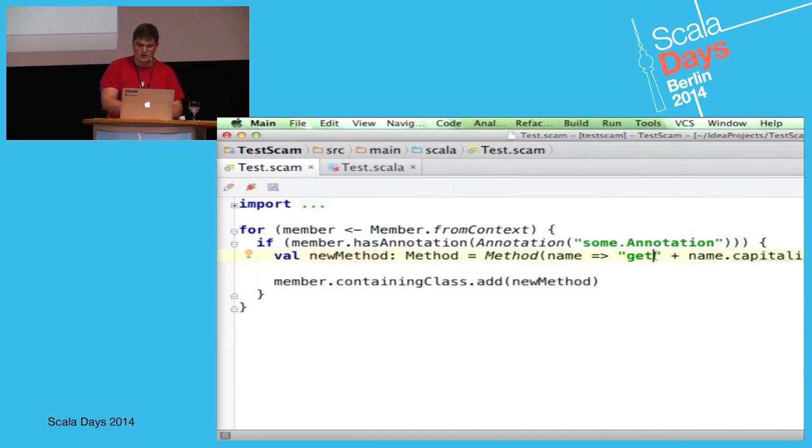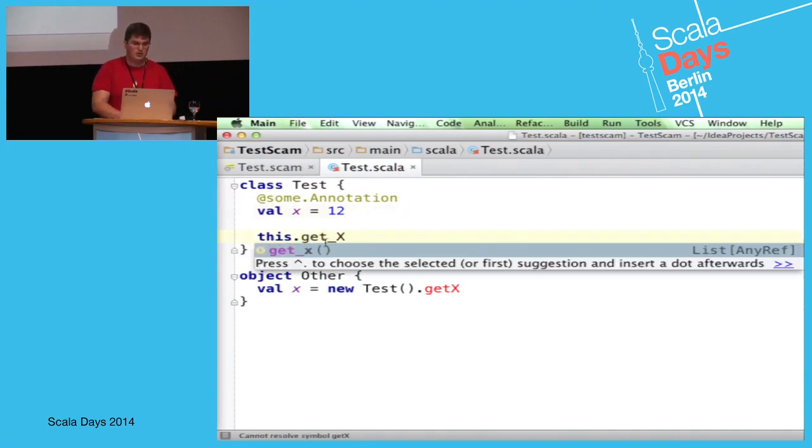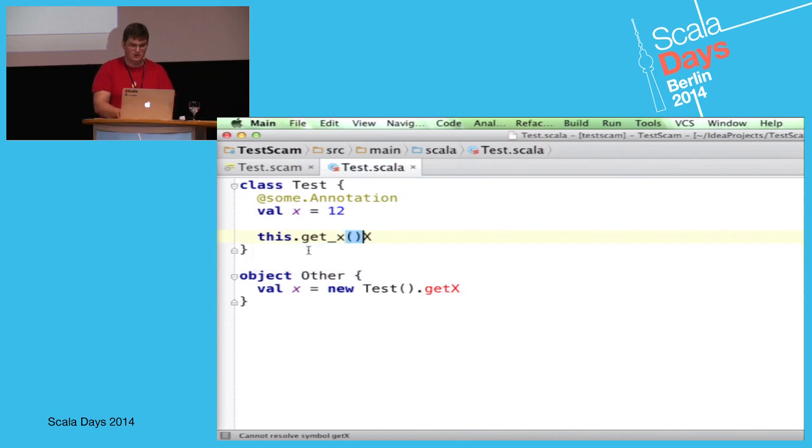So, for example, I can change the method name to have, for example, get placeholder and then the not capitalized name. I can reload it, go here. I also need to re-highlight it. So you can see that getX disappeared from the class, and now I can add the placeholder, complete it, and you can see that now it works as getX.